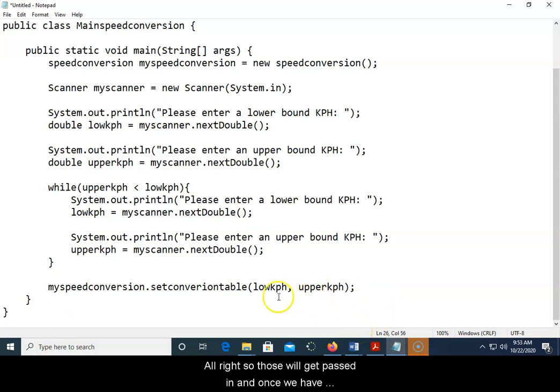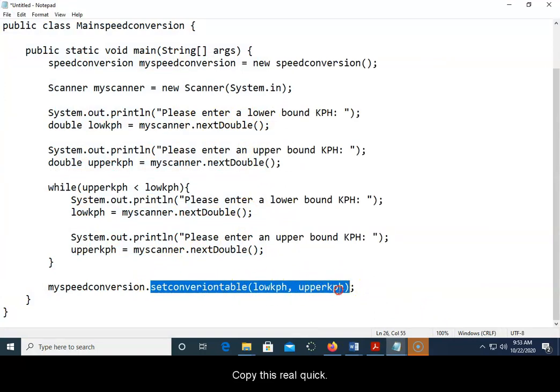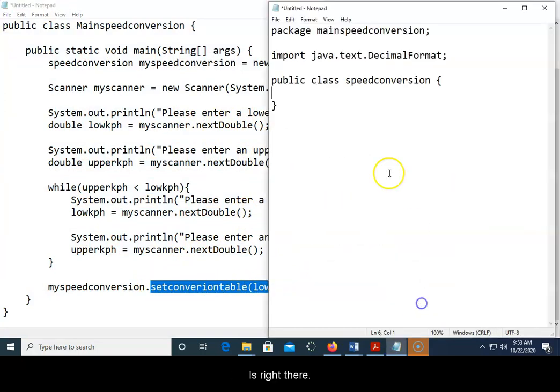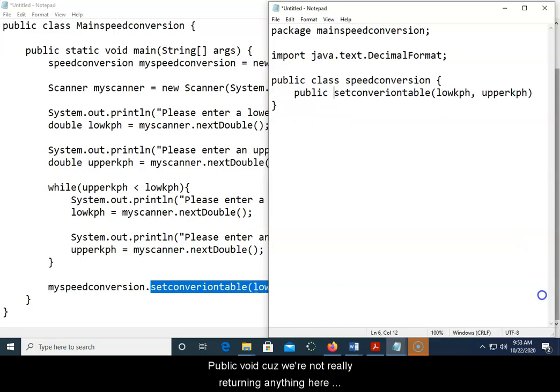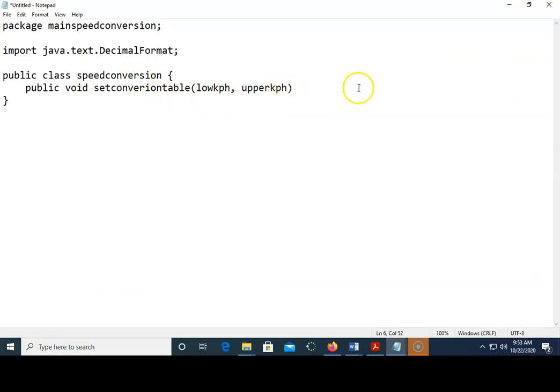All right, so those will get passed in, and once we have these, we can do our for loop and create our table. Okay, so in here, let me just copy this real quick. I'm gonna put this right there, and I'm gonna say public void, because we're not really returning anything here. We're just trying to display the table. Okay, so public void,